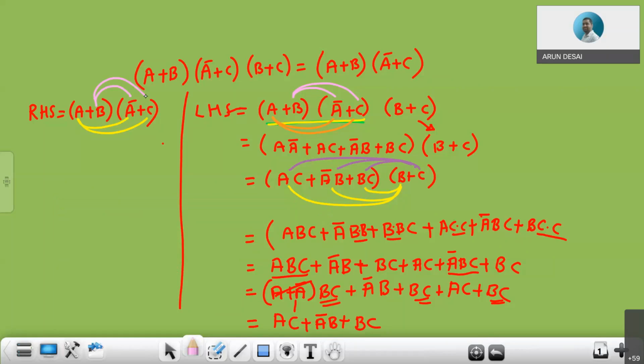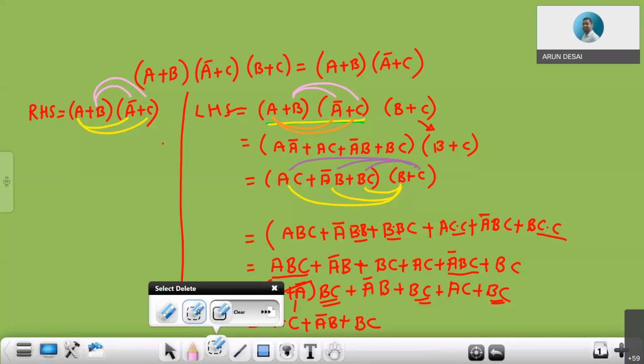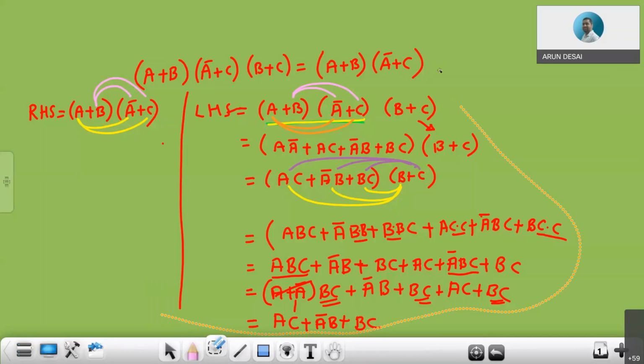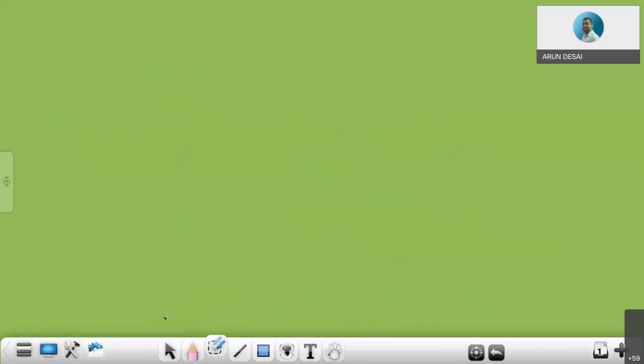So you need to find this. Okay, try to solve this. We'll go for the next theorem, and that is called